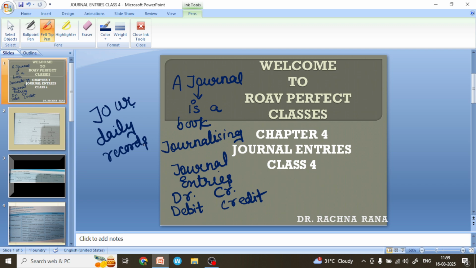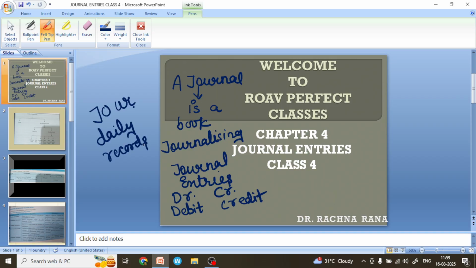Then we have to find out the rule of debit and credit which is applicable to the related account. Then record the date of the transaction in the date column, and after that write the name of the account to be debited in the particulars column along with the abbreviation DR, and then the amount to be debited in the debit amount